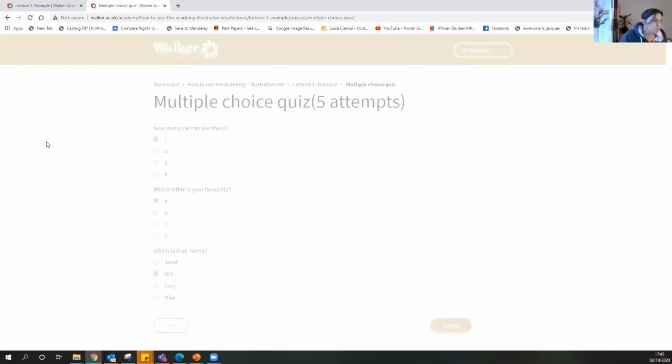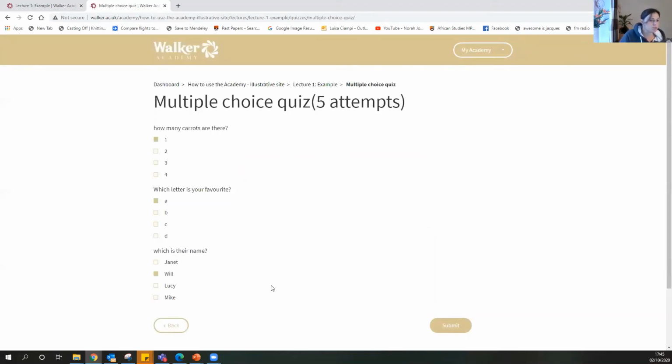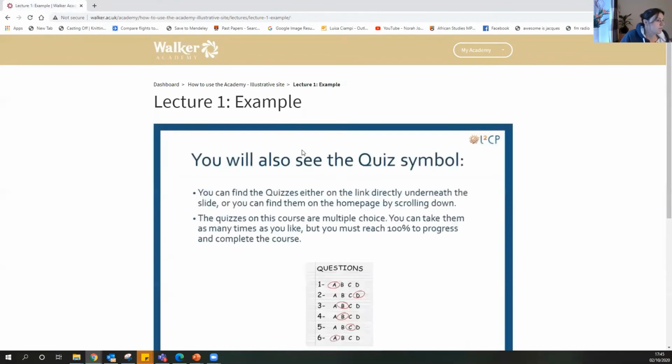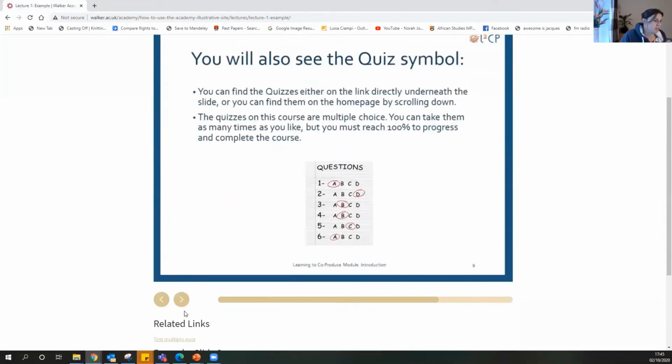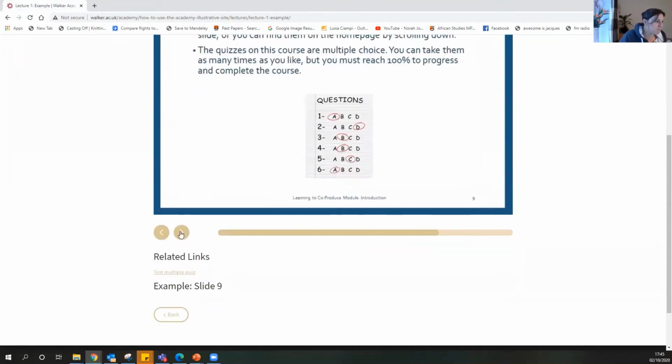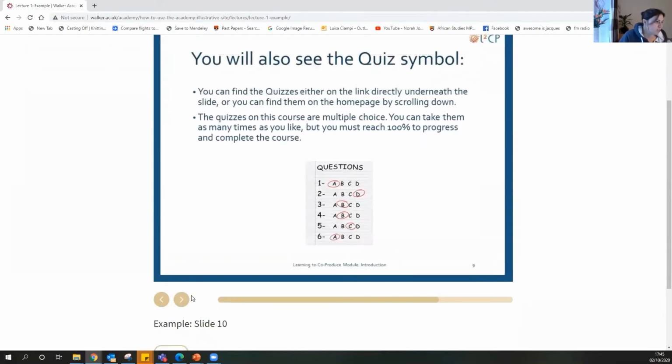So you can do this multiple times, but you do need to reach 100% to make sure that your green box gets ticked. So once you've completed that, it will register on the back end of the course and we'll be able to see how you're doing. If we want to go back into the lecture, all we need to do is close this window and you see we're led back to the lecture where we left off. So if we carry on with the lecture slides,